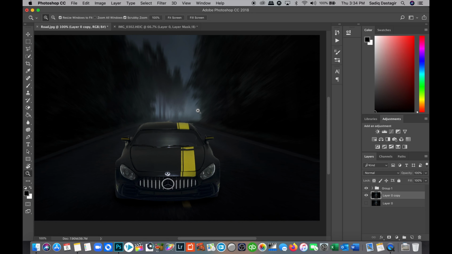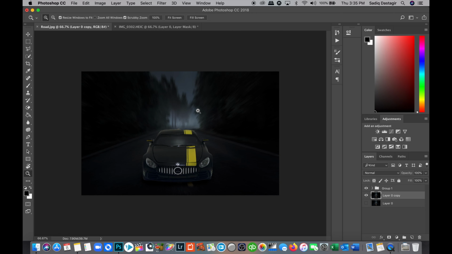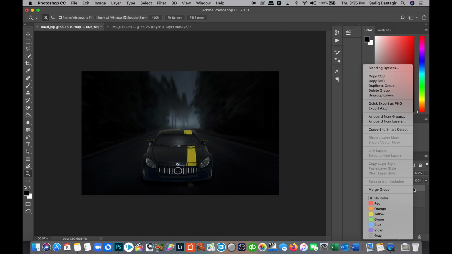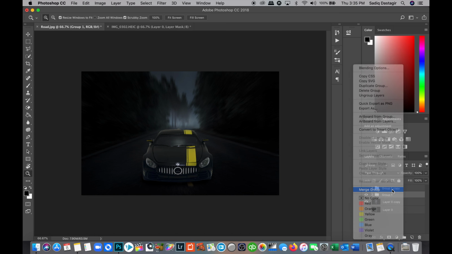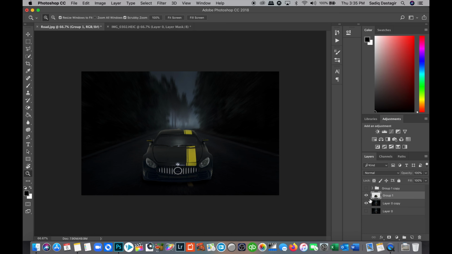It is looking as if the car is zooming through, but however it is unnatural because the car also needs to be zooming through this. So what we're going to do now, we'll create another group duplicate, and by doing that, simply select the group, say Command J or Control J, and just hide one of them, maybe the top one. We're doing that so that later on if anything goes wrong, we have a backup and we do not need to go through the whole process again. So I will right click and say merge the group, and now I have the car.